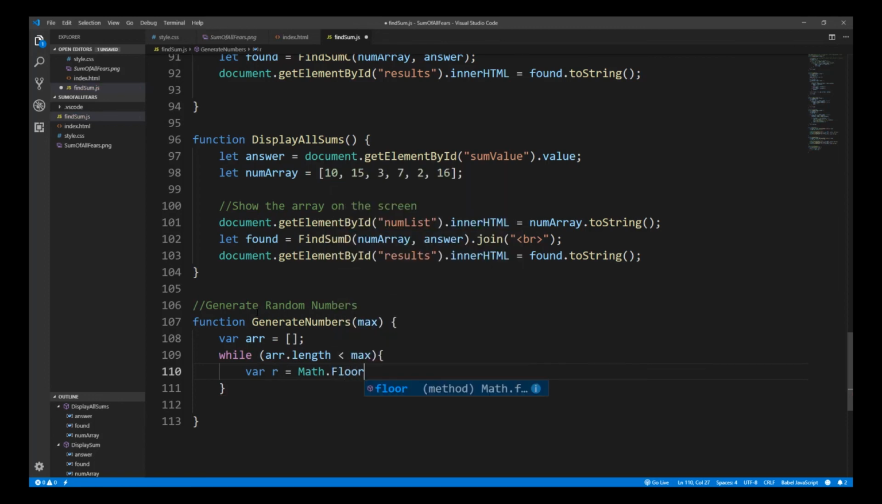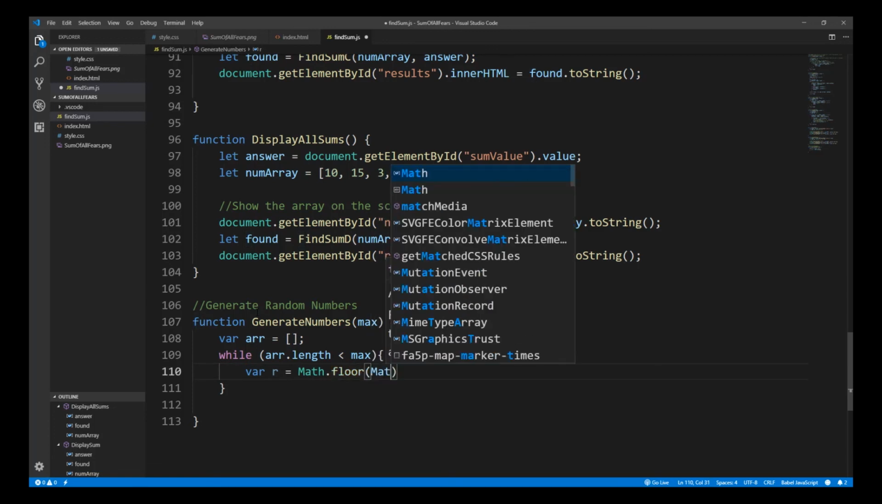Now Math.floor will give me the integer value from the value entered. So if I have 5.2 in here, it would give me 5. And that's really important to how this is going to work, because the next thing I want to do is call